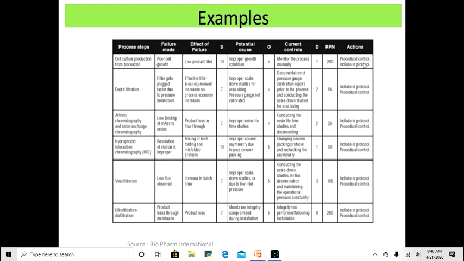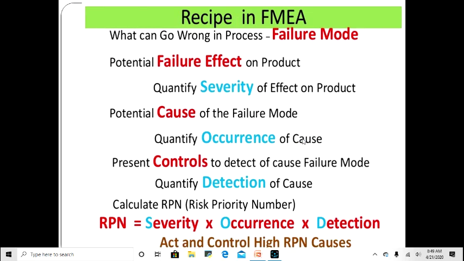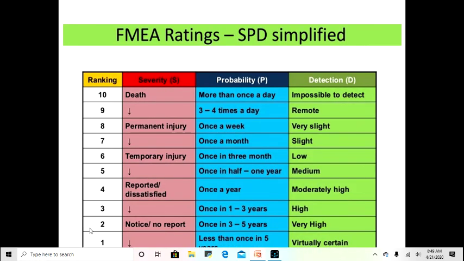Whatever procedure you are involved in here, you have to bring into control so that your RPN number will be further reduced. In a similar way you have it for everything, that is affinity, the columns used, and if it is filtration, what filter you use, how frequently you are changing the filter, etc. And ultrafiltration, diafiltration also you use. So every equipment will have this failure mode and all this analysis, calculating of RPN, and then you do some actions to reduce this RPN number.